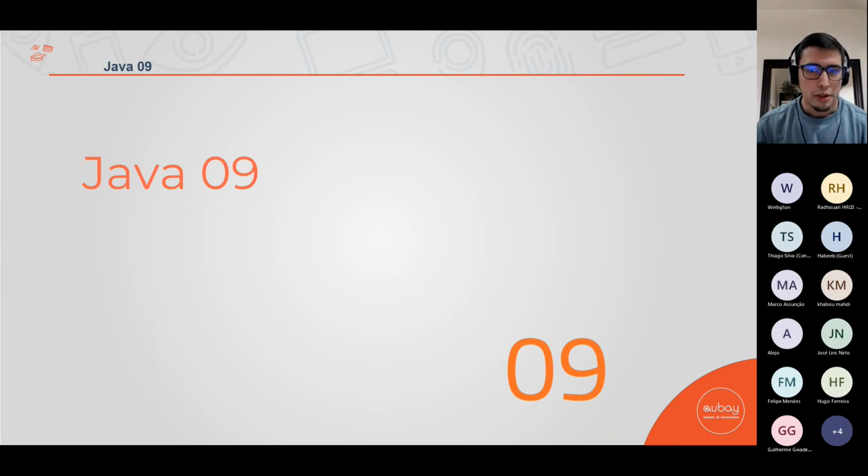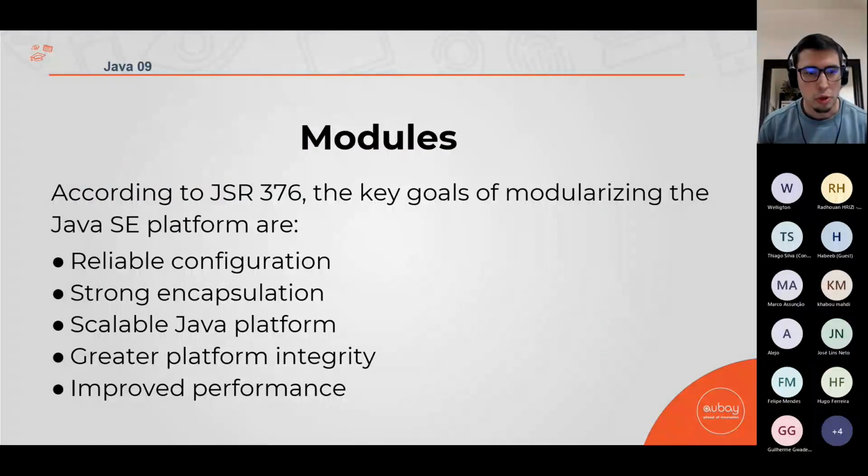Talking about Java 9, we have modules. According to JSR 376, the key goals of modularization of the Java SE platform are reliable configuration, strong encapsulation, a scalable Java platform, greater platform integrity, and improved performance.